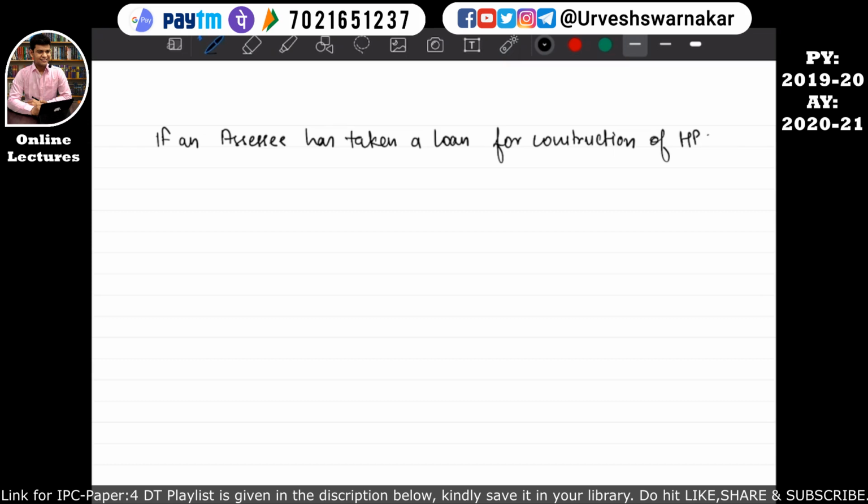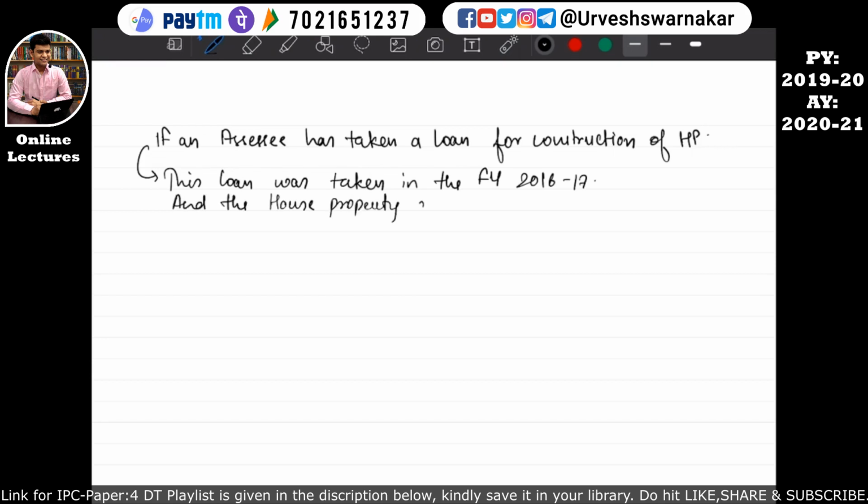So suppose the loan was taken in the financial year 2016-17, and the house property got constructed in the previous year